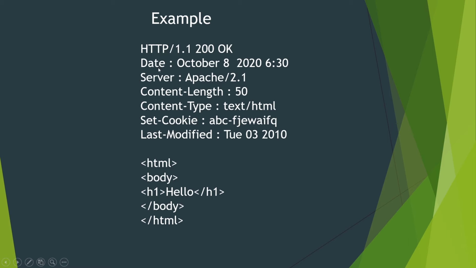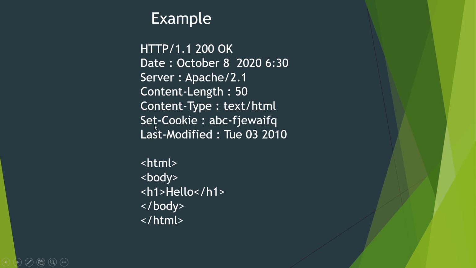And the date means when the server is sending the response to the client, like the timestamp. The server information is also sent, and you can see Server: Apache 2.1. So by simply requesting some random file, you can get some server information and also the version of the server running. If you find some exploits on the Exploit DB, you can just try to run them. And the content length is the size of that HTML file requested, and the content type is text/html.